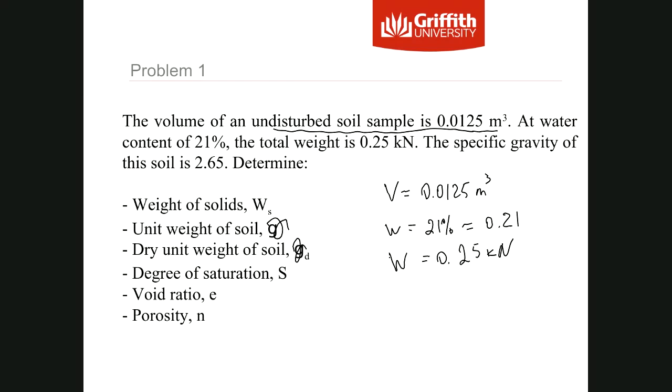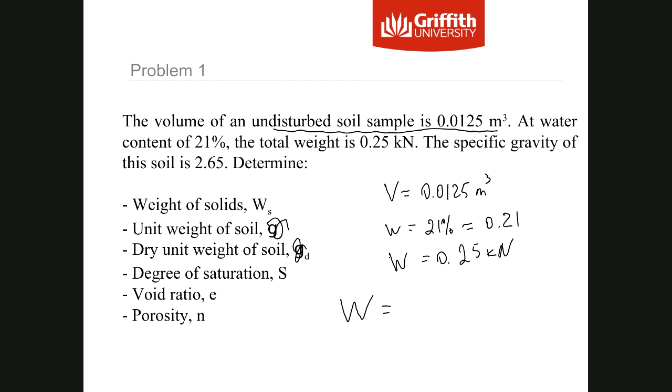And we need to find the weight of solids, unit weight of soil, dry unit weight of soil, degree of saturation, void ratio, and porosity. So what we will do next is start going through the definitions and find each of these things that we need to find. The first thing we would start with is the total weight,